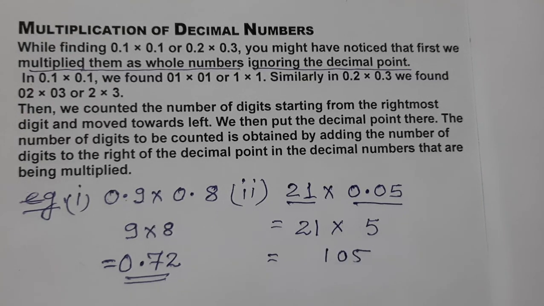Now count the decimal places again in the same way that we have done in example number 1. Starting from the rightmost digit towards the left, 1, 2 means after the decimal there are 2 digits. So 2, and here no decimal is there, so no need to count anything. So 2. We will start from the rightmost towards the left, 1, 2. So 1.05. So we can do any decimal question with the help of this rule.